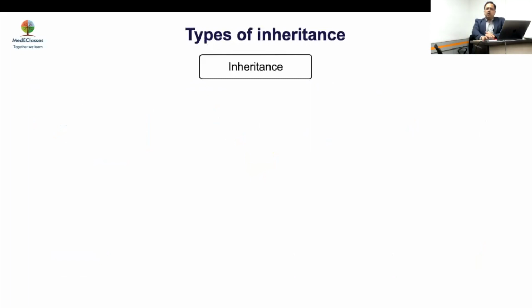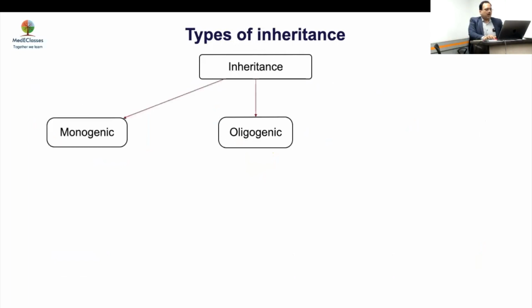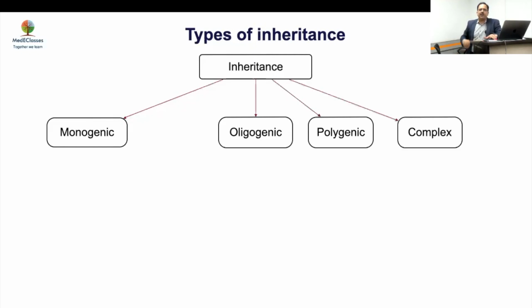So now we have talked about variations, how the variations happen. Now, how the variations go from one person to the other, one generation to the other. So inheritance can be monogenic, oligogenic. Oligogenic means you need more than one gene to cause a disease. Polygenic, where there are so many genes, but there are all like too many cooks spoiling the broth. One is not responsible, but tens of genes are there. This is like many common diseases you see. And finally, complex traits like diabetes, lipid, in which you have got environment and gene coming into the picture.